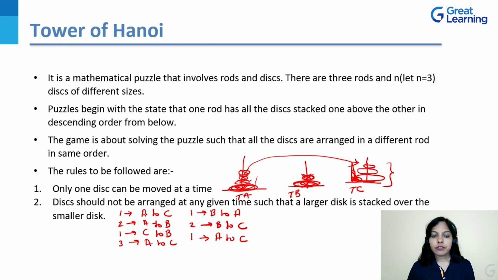So you can see here, the first movement of the disk was between A to C. Next movement was A to B. Then was C to B. So the first three, if you see, there was a movement of disk between A and C rod. Next was the movement between A and B. Then was the movement between C to B. Then again was the movement between A to C. Then again there was movement from B to A,